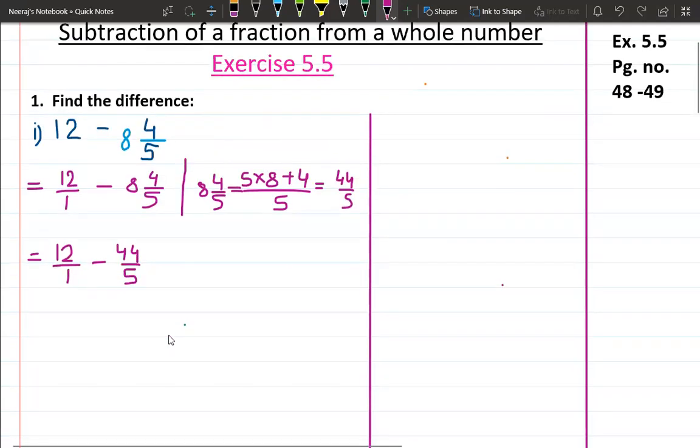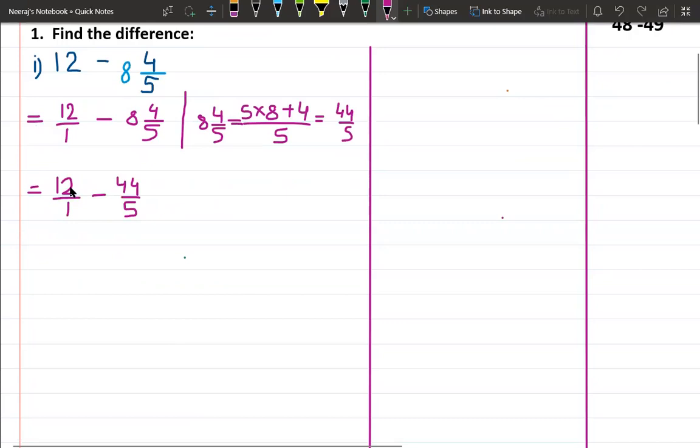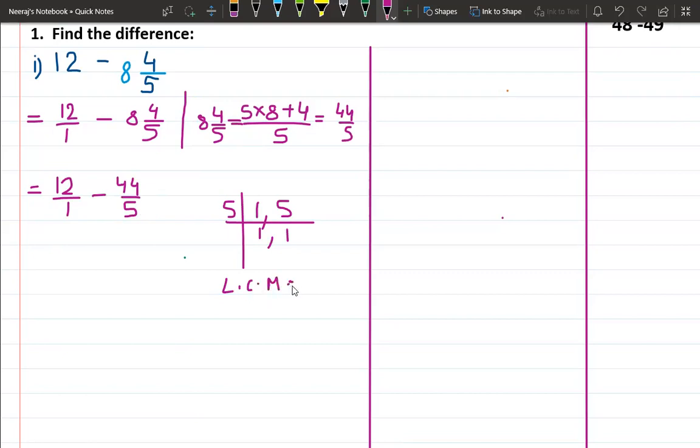Now what will we get over here? We are getting unlike fractions. Now we will convert them into like fractions. You can see that there is a 1 in the denominator and a 5. So we can easily observe that there is no need to find the LCM. If you want to find it, then you can. Otherwise, there is no need when you get 1 and 5, right? You can easily divide by 5 because it will go with the number itself, and you will get the LCM 5 only, right? It means that you have to make the denominator 5.